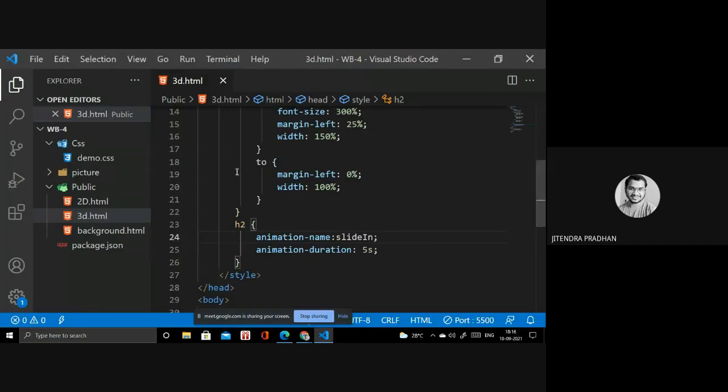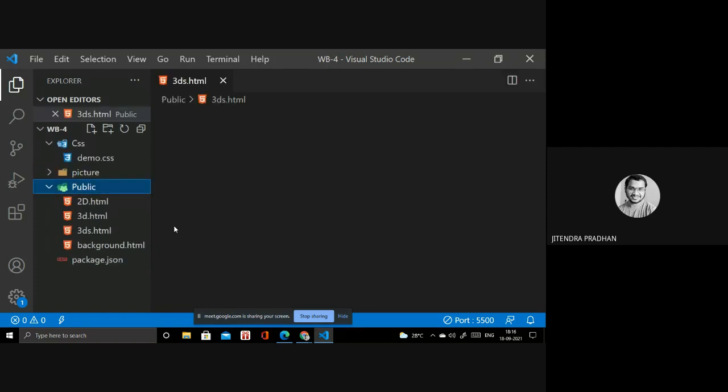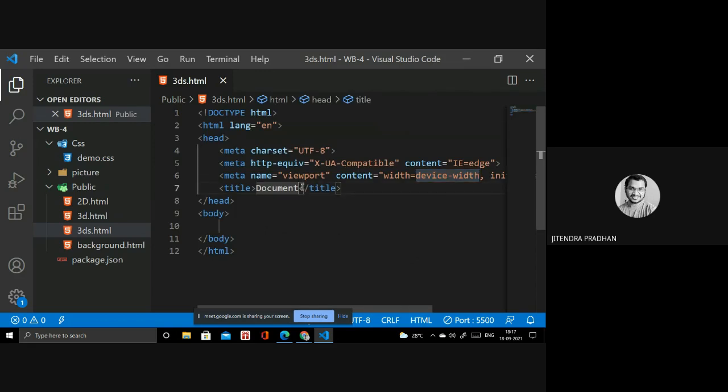So today we discussed 3D as well as animation. Before that, we go to the 3D. I will create another file inside that. We are creating a 3D example because it's already created. So I need to give one name, the other name is like 3d.html. Inside I will write some HTML, and I will give the title as 3D.